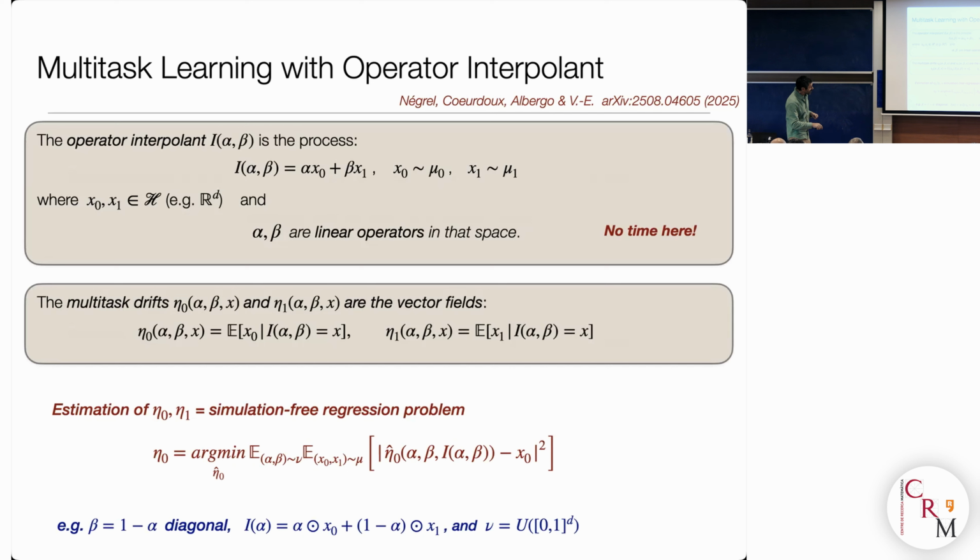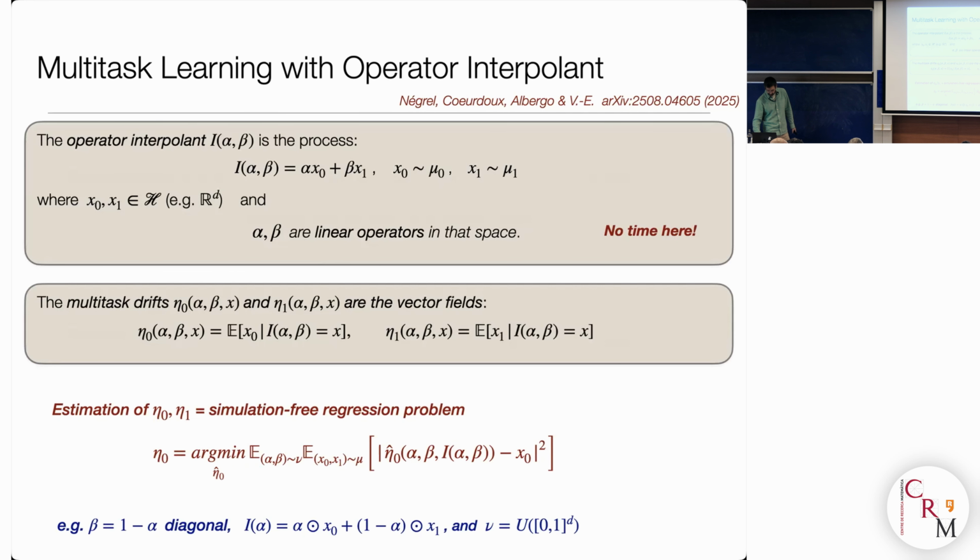And associated with this, if you want to go from the noise to the data, you should be able to vary every component of alpha from 0 to 1 independently. What does that mean? That just means that as a probability measure, the nu that you put here on this alpha is uniform on the hypercube. Every component can take any value that you want. And then if you do that, you can a priori learn this drift.